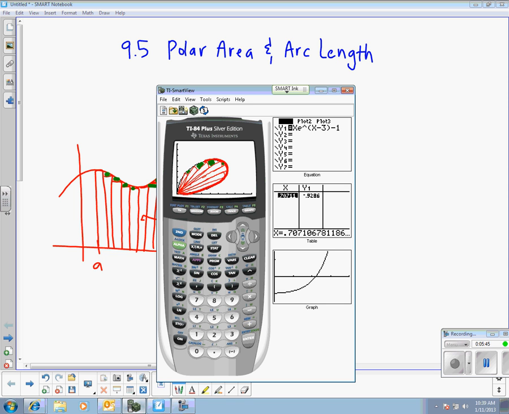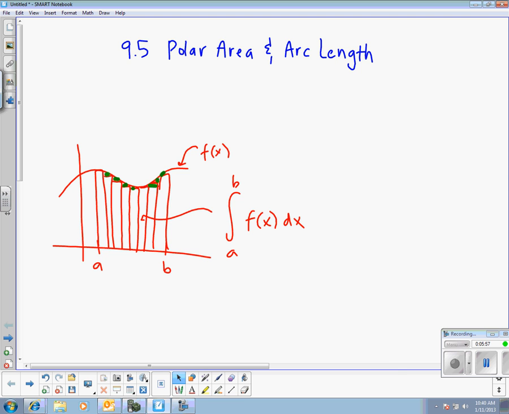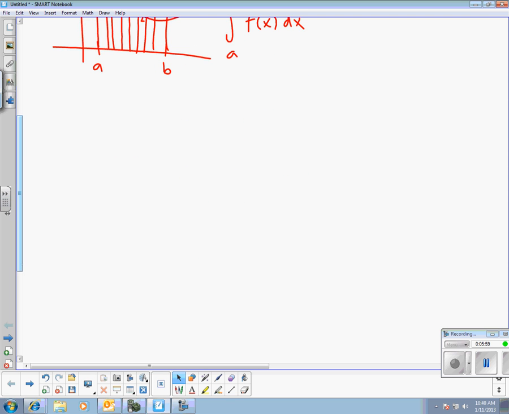I'm sure if you wanted a nice weekend, you could Google it and see where all this came from. But this leads us to our polar area formula. We'll just kind of cut to the chase. This is from 9.5 in your book, page 694. If f is continuous and non-negative on the interval alpha to beta,